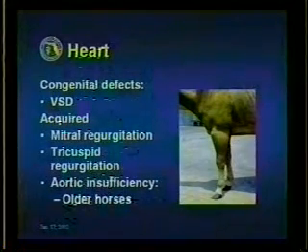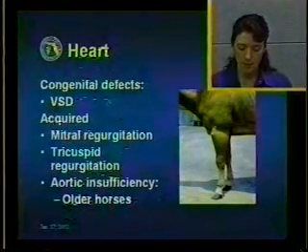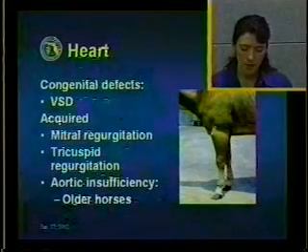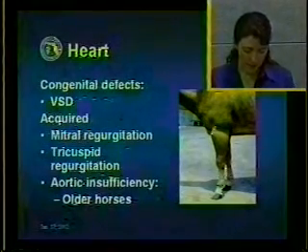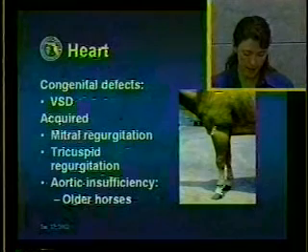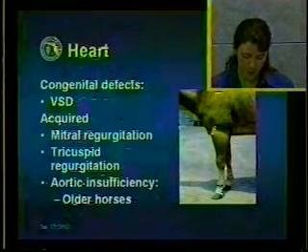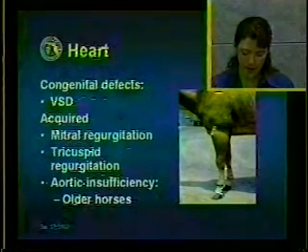Auscultation of the thorax also involves cardiac auscultation, and some of the most common defects that will affect the horse's heart can be either congenital or acquired. The most common congenital defect is ventricular septal defect, which results in a murmur that will be pansystolic, so covering the whole systole, and band-shaped. This murmur will be loudest over the third intercostal space, and in most cases loudest at the base